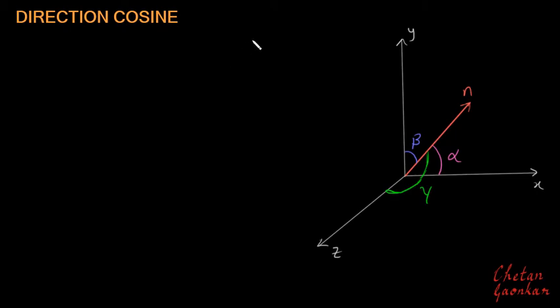Before moving to the next topic in advanced SAMSOL, let us just revise what we know about direction cosines. And what are these direction cosines? Suppose we have a vector n which is making an angle of alpha with respect to the x-axis, an angle of beta with respect to the y-axis, and an angle of gamma with respect to the z-axis. Then the direction cosines for this n can be defined as follows: the first direction cosine can be called nx, and this direction cosine will be